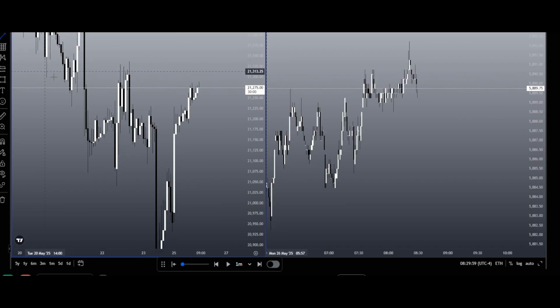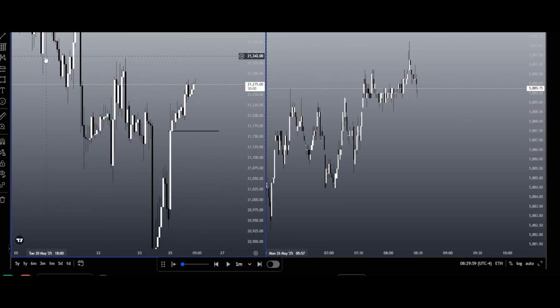Long from here, this would be an hourly gap, sweeping on these lows. If we hold this hourly,